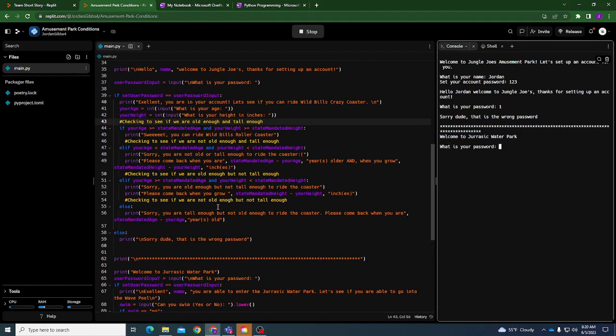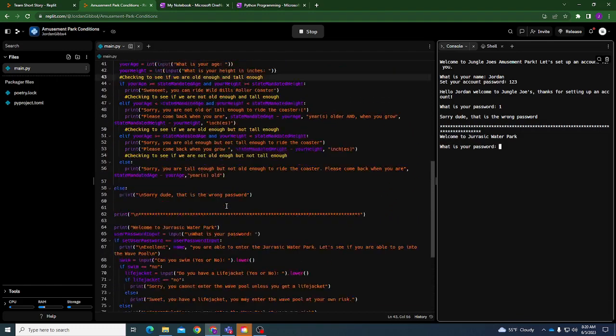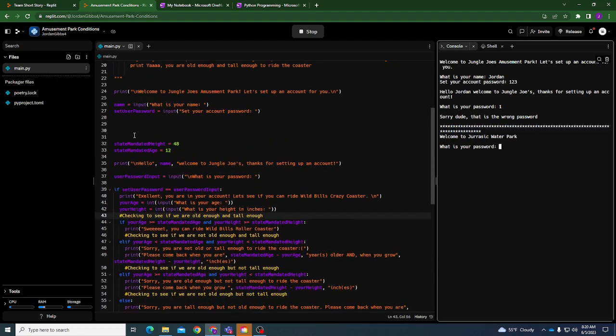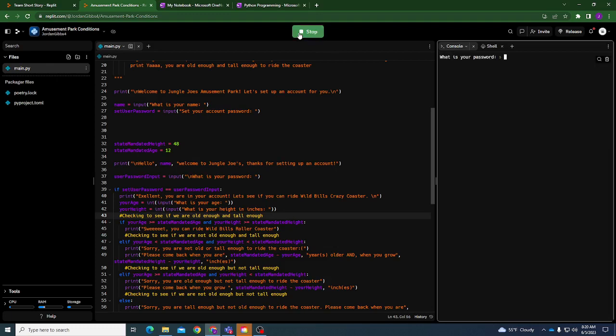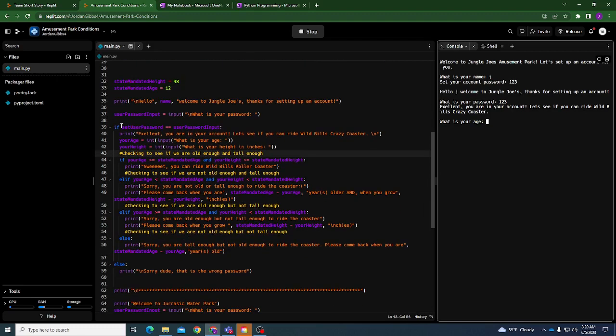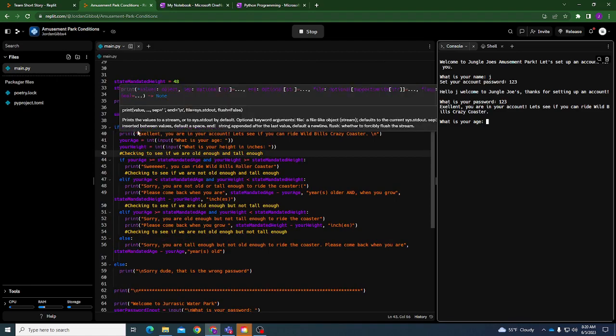This thing down here is basically the same as up here, but yeah, we have our state mandated age and height up here. So if we run this again, we're gonna say J just for simple sakes, 123. Now what happens if we actually get our password right? So we go 123, and it goes excellent, you're in your account, and that's dependent on this if statement right here.